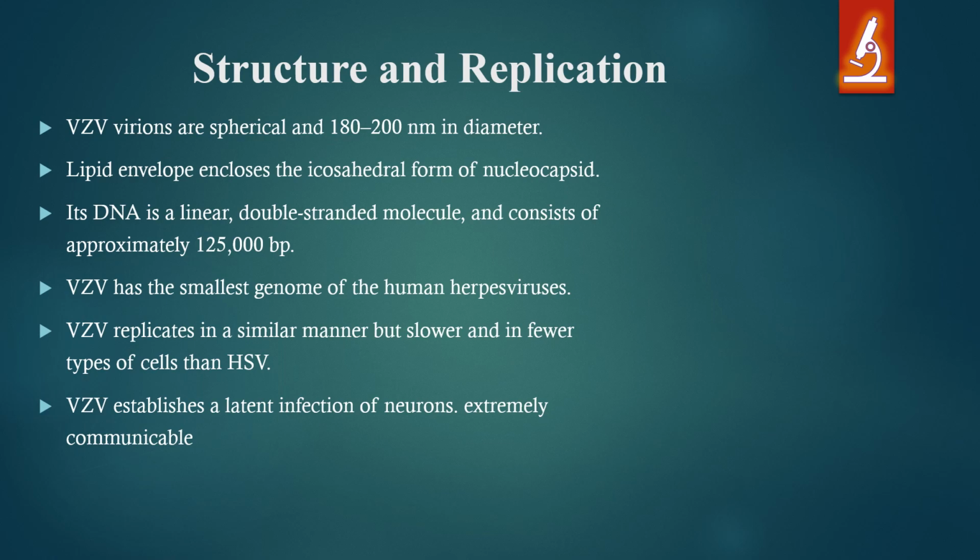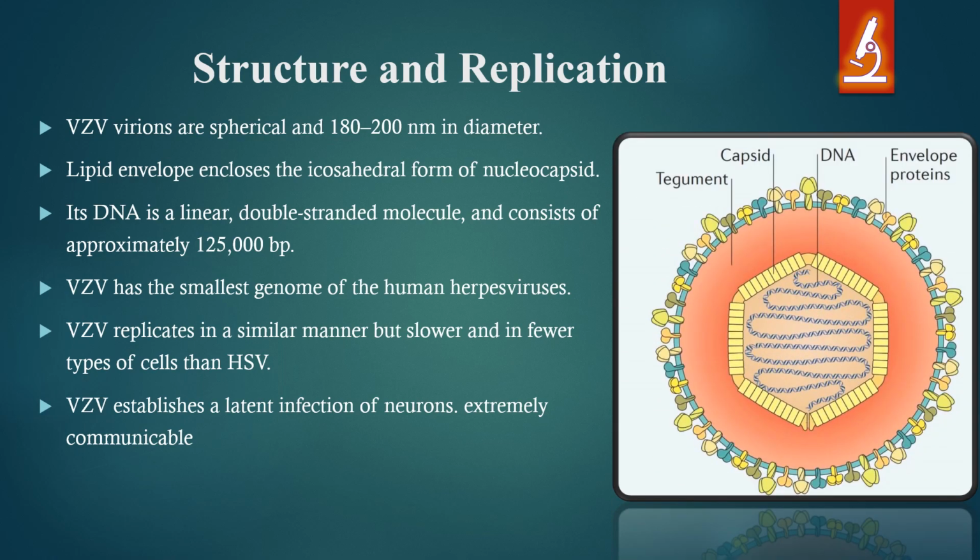The structure and replication of the varicella zoster virus. The varicella zoster virus virions are spherical in nature, 180 to 200 nanometers in diameter. The virus is surrounded by a lipid envelope which encloses the icosahedral nucleocapsid. The genetic material of varicella zoster virus is a double-stranded linear DNA with approximately